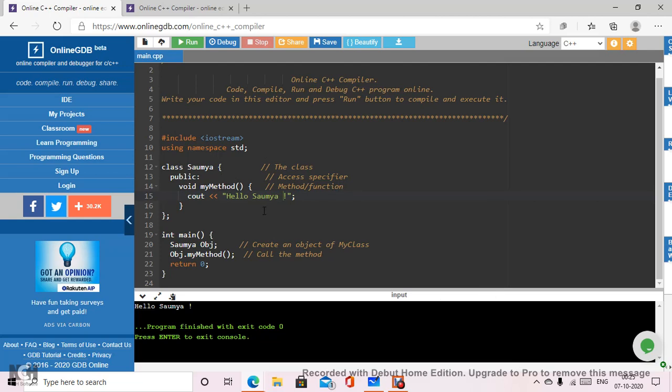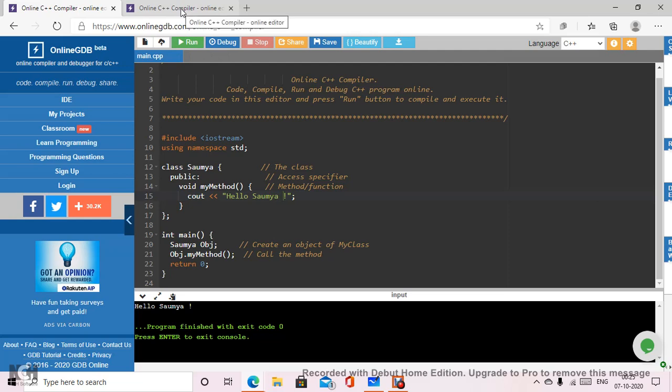Now the objective is that whenever I call this method from the main, it will look into the class boundary at what was written inside the definition of the method, and then it will be executed. So we wanted to print hello Soumya, and it is done.